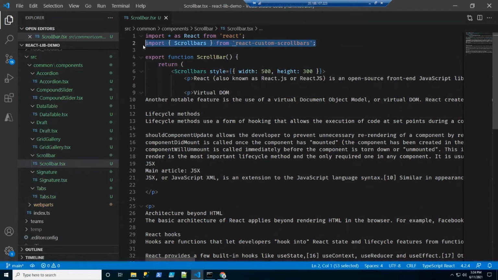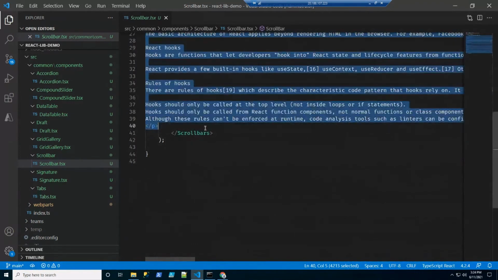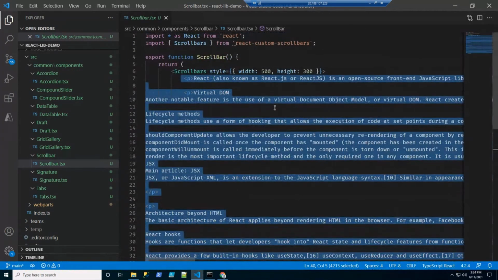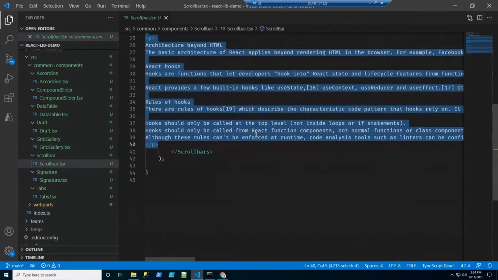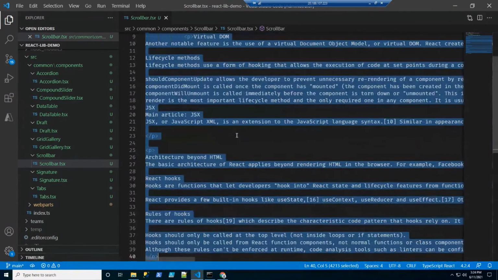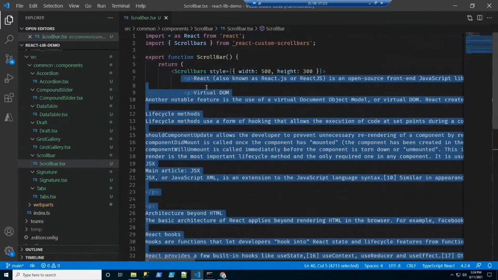First thing is you import it. Whatever content you want to wrap around the scroll bar, you put inside the scroll bar component, and you specify the width and the height of the scroll bar. Once you do that, any content within the scroll bar, be it a paragraph, HTML, a form, or anything, will wrap within that section of the web page. This is very simple to use, but I think it is very effective, considering this kind of library is available and we can easily build with it.